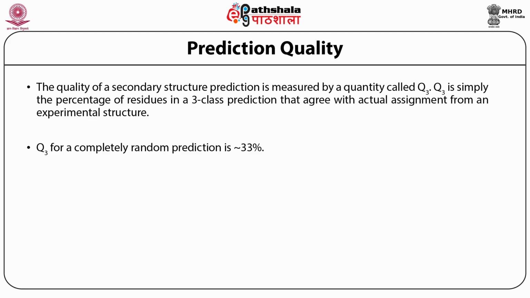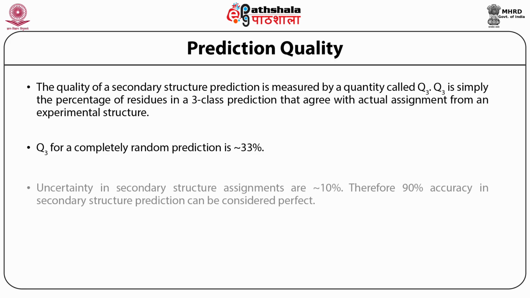the method of assignment. Say for example, DSSP assigns a particular amino acid, usually at the end of a helix, as a helix, while STRIDE might assign it to be a coil or not a helix. Now clearly, if we take different methods of assignment of secondary structures, there are slight variations of the order of about 10% of the time when different programs do not agree. So therefore, when the assignment programs which are working with the absolute experimental data cannot agree 10% of the time, one cannot blame the prediction programs if they also miss that.